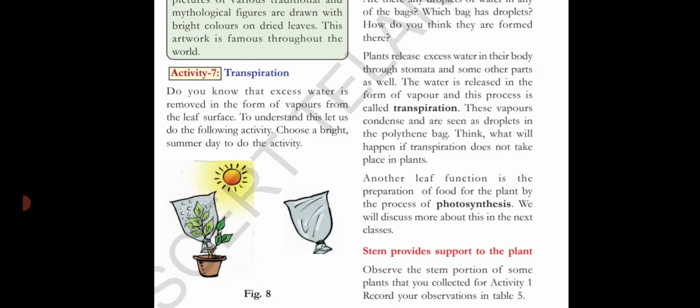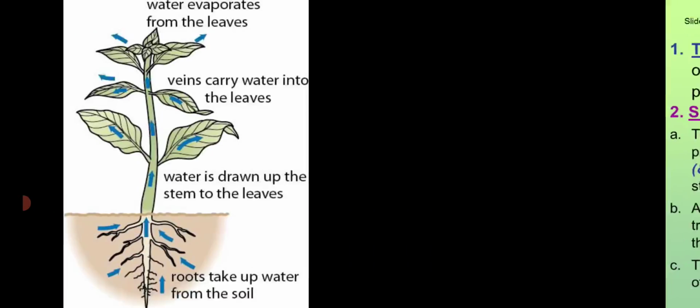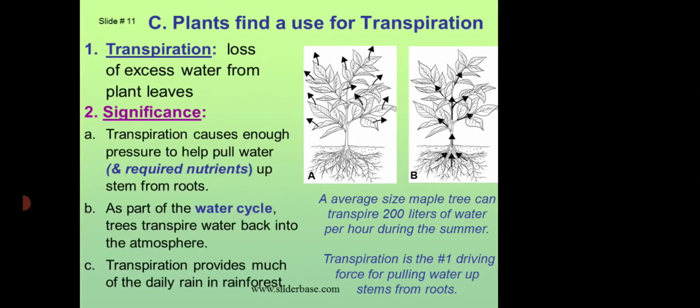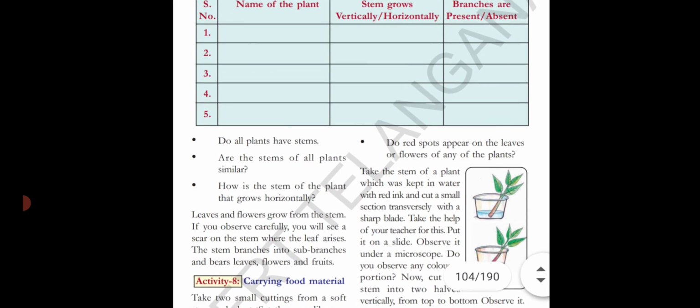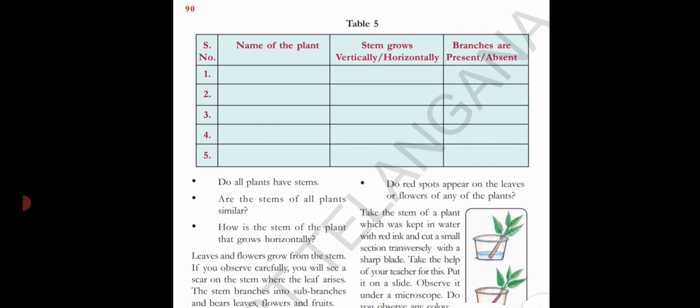Next, stem provides support to the plant. Observe the stem portion of some plants that you collected for activity 1. Record your observations in table 5. For activity 1, 2, we have collected some of the plants. Yes or no, children? So you have to observe those plants, write the name of the plant here, and write